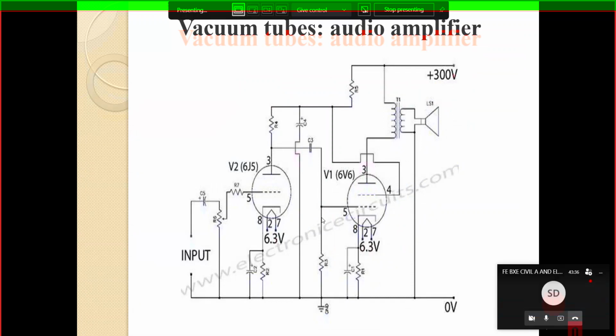Okay, here there are two vacuum tubes. These two vacuum tubes are used here. That is the meaning of a single stage or two stage audio amplifier. Then after that the grid resistors are connected to this vacuum tube, and this V1 and V6 is connected to the second stage. These two outputs are directly connected to the transformer, and through the transformer you can use a loudspeaker. The maximum output voltage we will get there is 300 volt plus 300 volt.